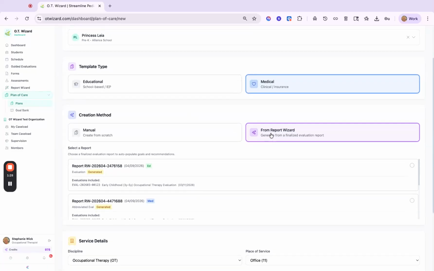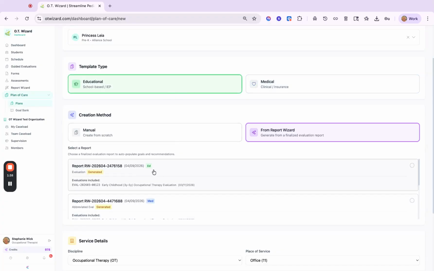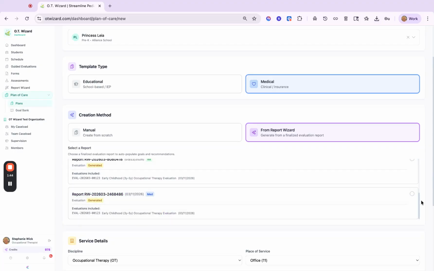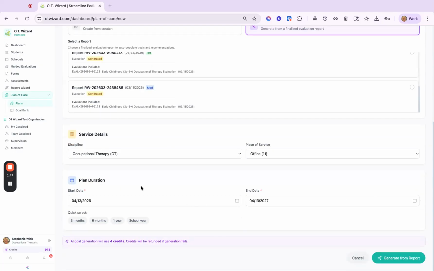Just from looking at this, I can see right here that the medical is blue and I have a medical-based report here. I can only select this. If I chose educational, then I could choose any of the tags that had the ED, but these have to match or else it'd be all wonky. So I'm choosing the medical, and then I'll go ahead and go down and I'm going to choose,